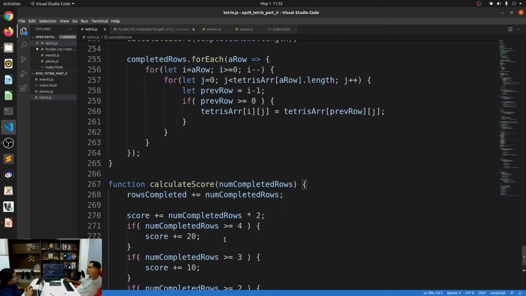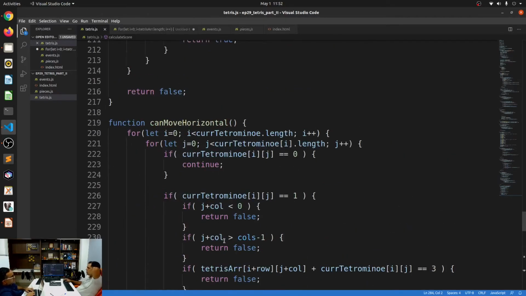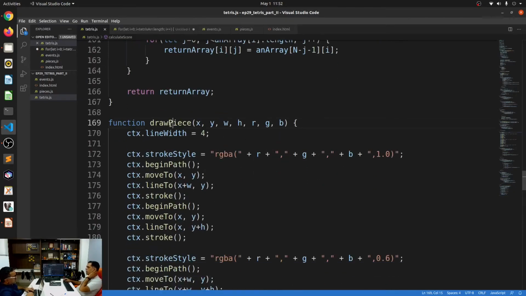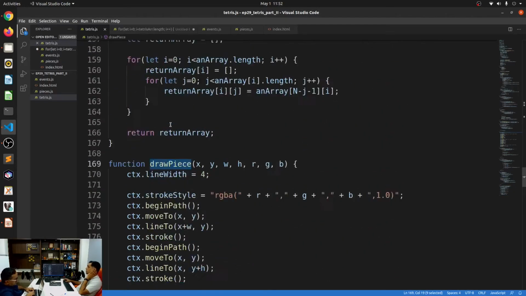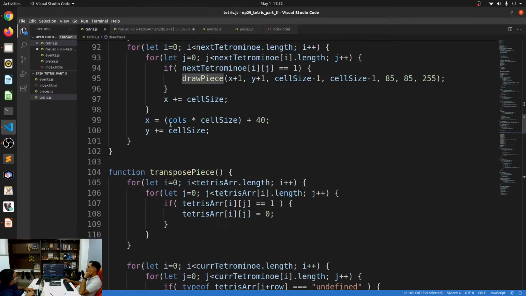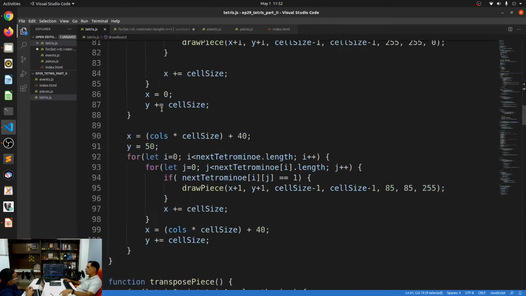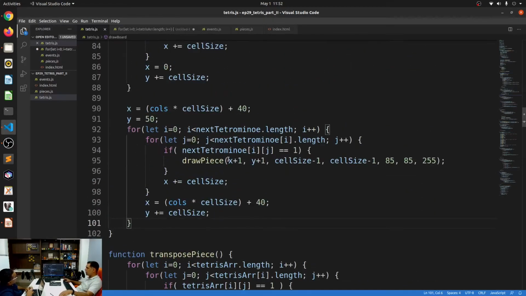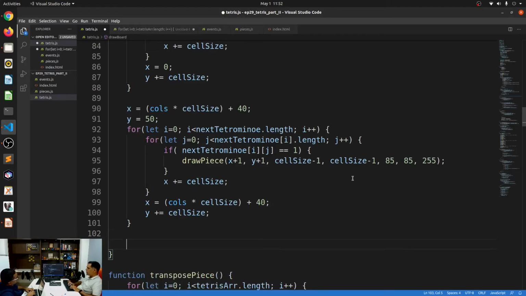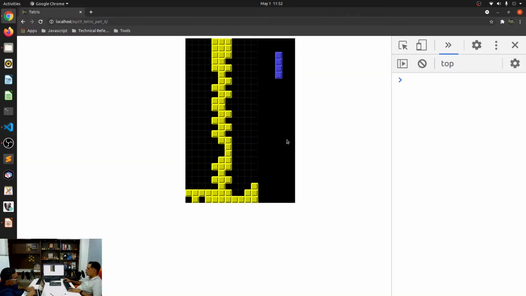All right. And now comes the part of just displaying it on the screen itself. Okay. So I have the drawPiece. I mean, basically we just have the one function called drawBoard, which just basically draws everything on the board. And I'm going to use this only to draw the score on the screen itself. And that's where you do the next piece. So I can start doing the score at basically the same X location, but instead of making it so much offset, right over here, I'm going to start putting the score at this location over here on the screen.